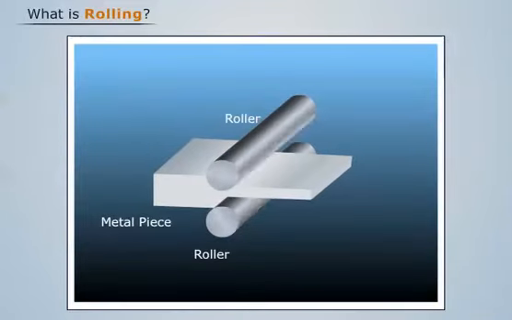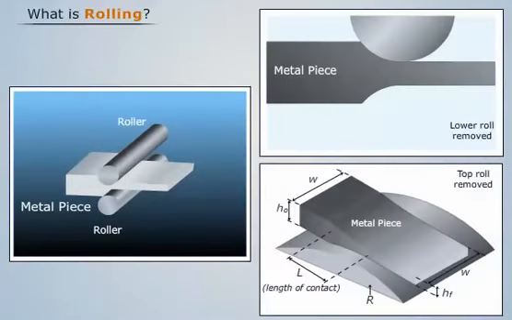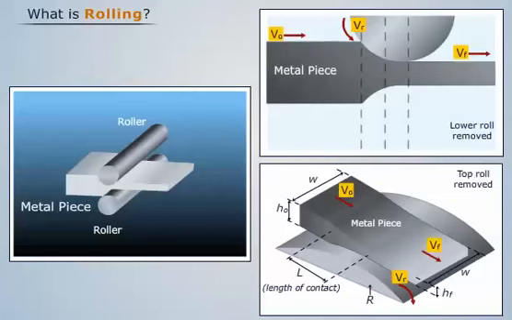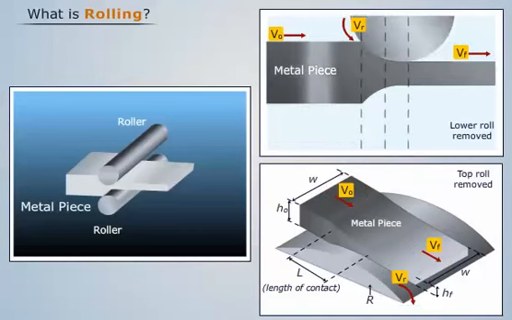Now let us focus on the area of contact of the plate and the rollers. For better analyzing, let us divide this area into two parts, part 1 and 2 as shown. Let us assume the velocity of rollers be Vr and the velocity with which the metal plate enters and exits be V0 and Vf respectively. We see that the metal first travels at a slow speed and then gains speed as it passes through the rollers. That is, V0 is smaller and Vf is greater than Vr. Thus, the velocity distribution curve can be drawn as: